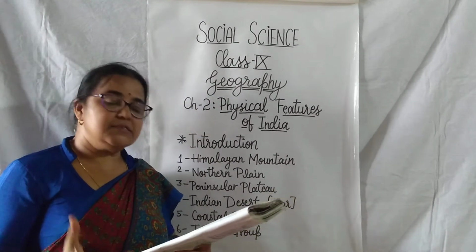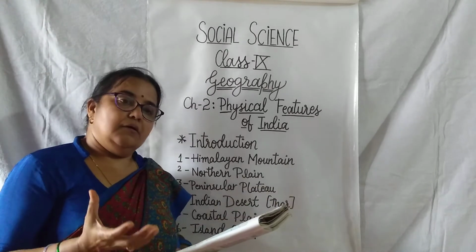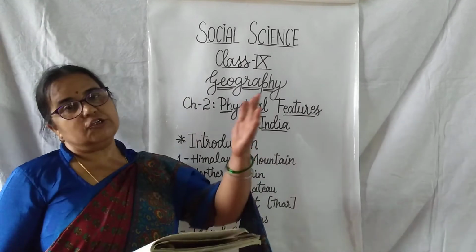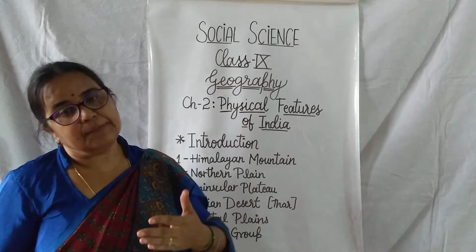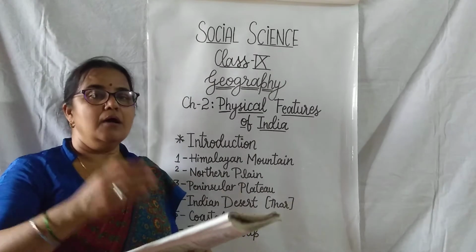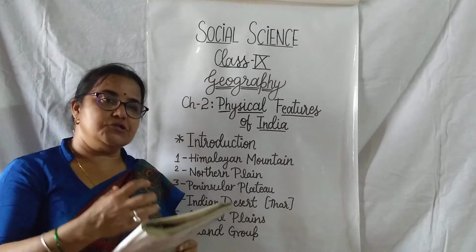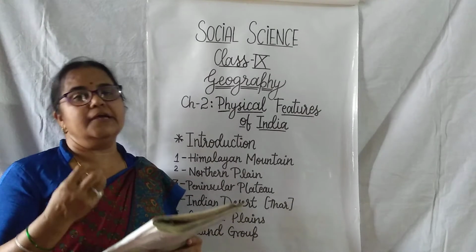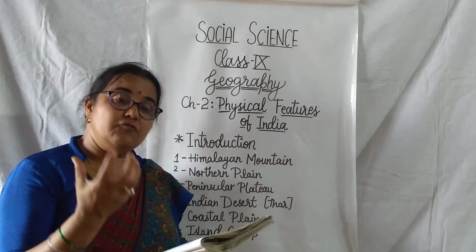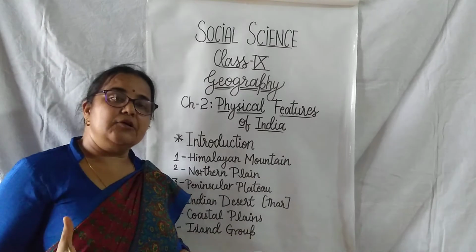And these Himalayan mountains come from the Tethys Sea. With the formation of Himalaya, at the same time, the northern plain also formed due to the movement of these plates. When the Indo-Australian plate collided with the Eurasian plate, then the sea that was called the Tethys Sea, which was made by these sedimentary rocks, the rocks